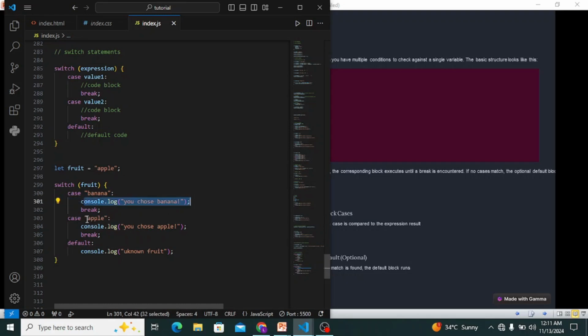Number two, now it checks: are apple and this apple the same thing? Yes, so it will log out this, you chose apple. Then on default, that means if it checks both banana and apple and none of them correspond with what is here, it will print out unknown fruit. So if what was here was orange, for example,